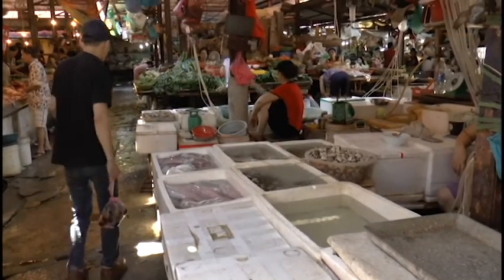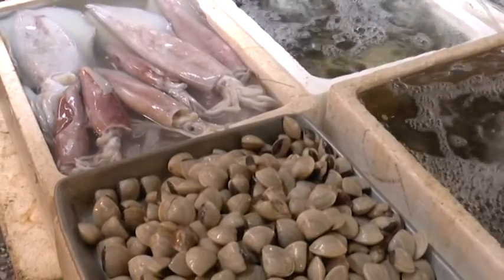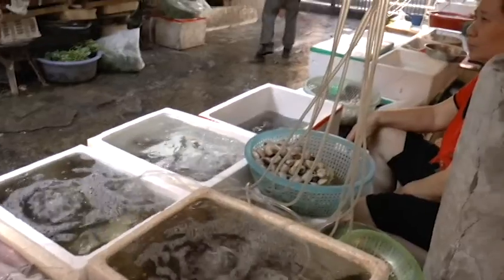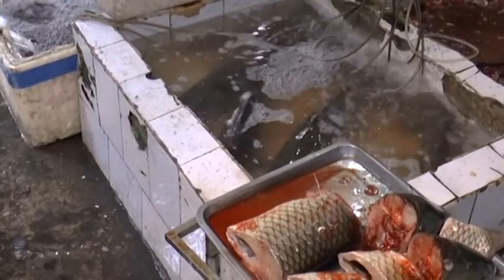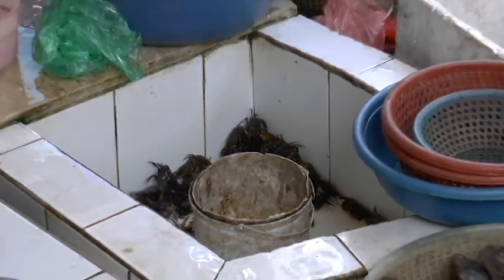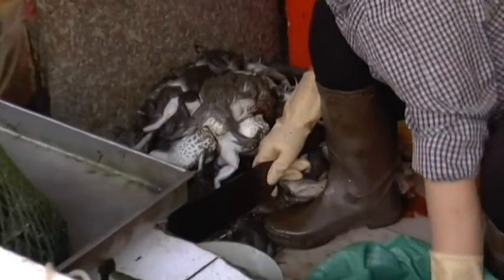Now we are in the seafood area. Crabs and mussels used in soups, frogs,